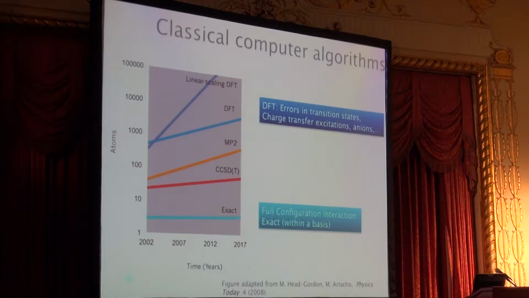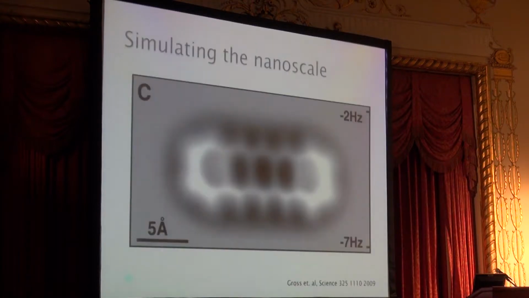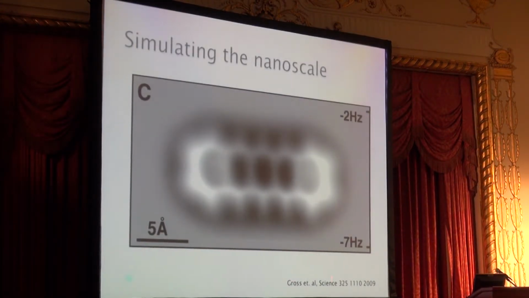Okay, and that one, of course, will change the way we do quantum chemistry, because rather than having an explanatory tool, or sometimes a screening tool that has a big error, we will move into the domain of having a predictive tool, right? The simulation will tell you what's happening, period. So we will be able to design materials much more quickly. Even this simple picture, I really love this picture from the paper by Gross and coworkers, where they scan a tip and actually see the wave function of this pentacene.